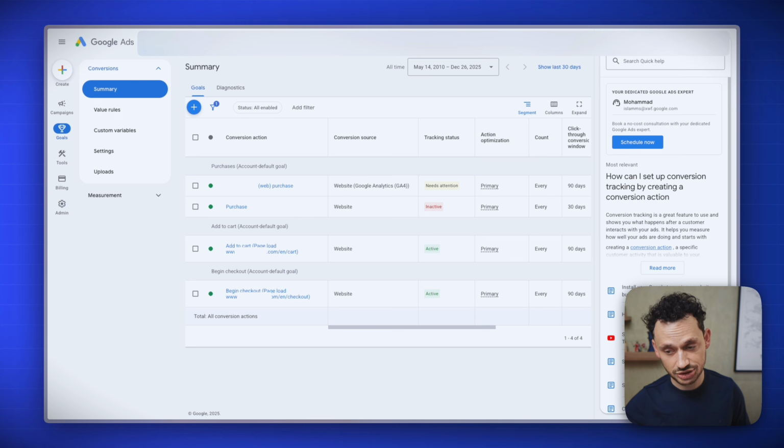And you want to have these 2 conversions on your account, but only one of them should be active. And it's not the Google Analytics one. And I will explain what I mean. Google Analytics has its own way of measuring the data, and it's not a native source of data compared to Google Ads. Google Ads has its own code. So when you use Google Ads native Google tag tracking, it sends much more data. It's much more accurate, and it gives much more opportunities for Google Ads to optimize better